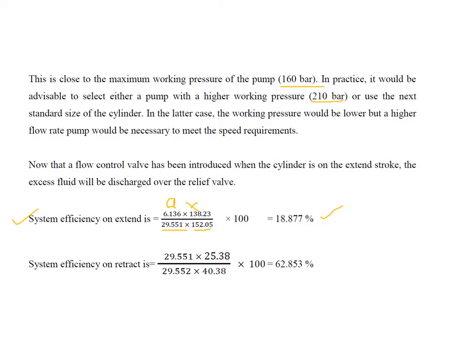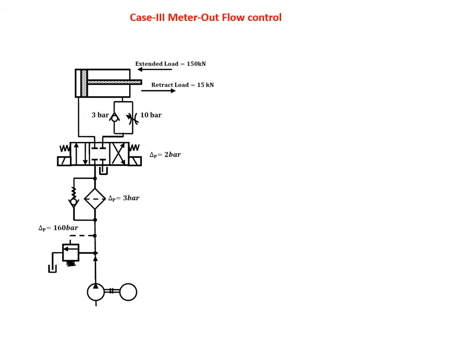While in retraction, the flow rate will be around 29.551 multiplied by the pressure during the retraction, that is 25.38 bar, divided by the input discharge. Again this will be nothing but output upon input, and the efficiency value will come around 62.85%. So just remember these values because we are going to consider now case number 3, that is the meter out